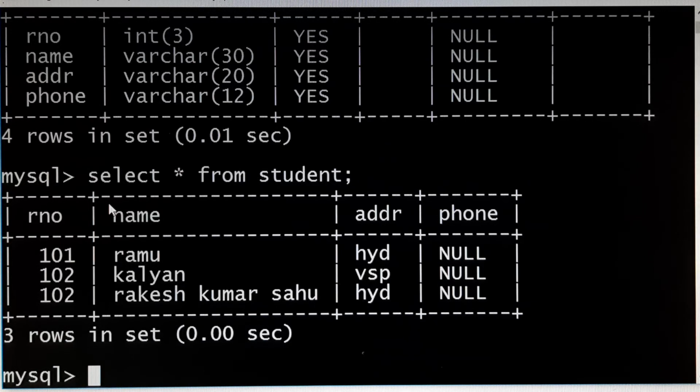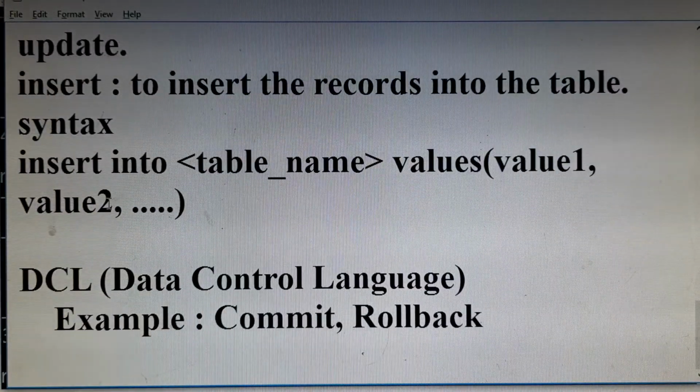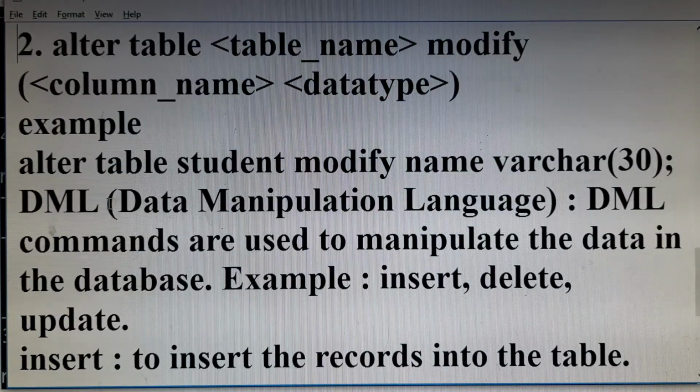So if you want to update the phone numbers of the students, then we have to use the update command. So what is an update command? Update is a DML command, data manipulation language command.